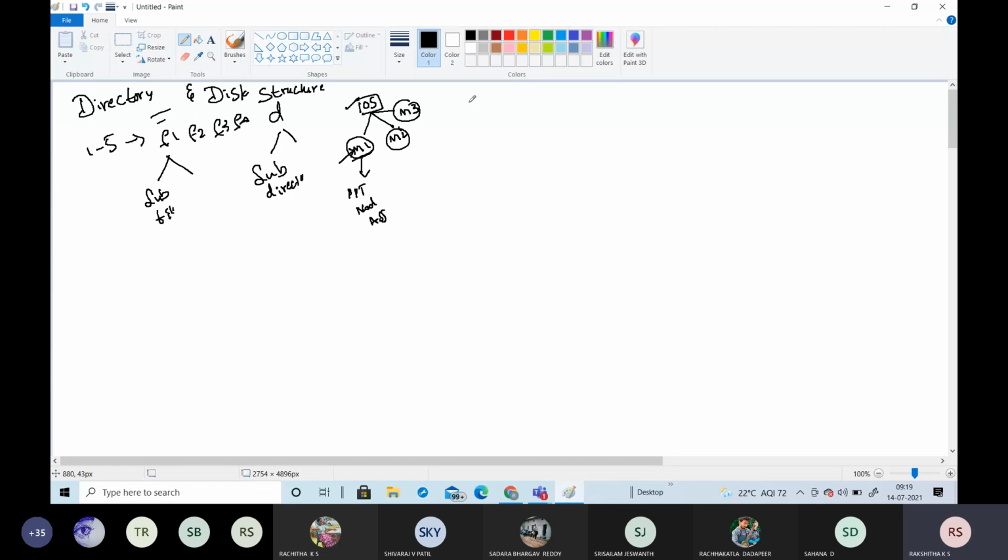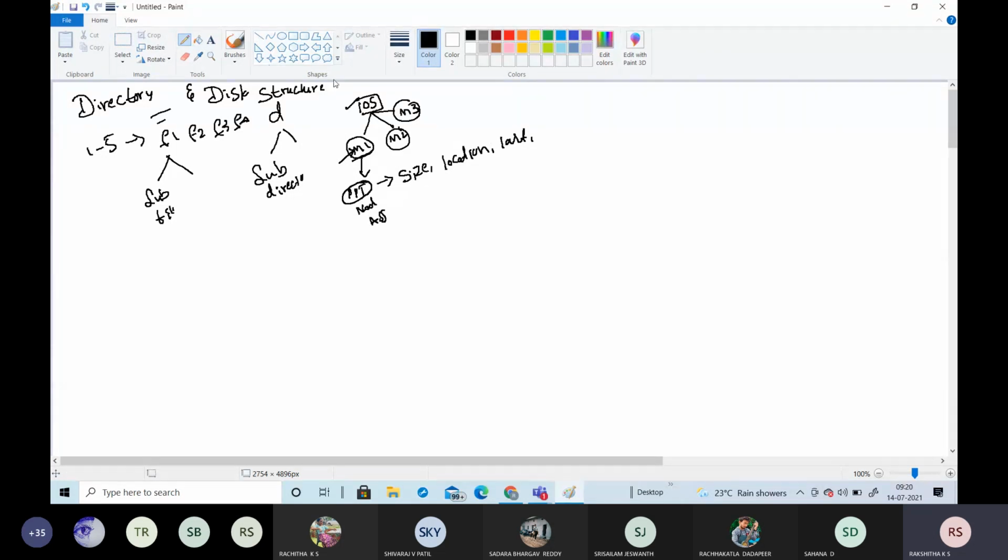So this directory also contains files. For example, if I take this module 1 ppt, it has its own size, and also its own location where it has been stored in your system, and it has the last modification time and who created this file. Okay, so these are some of the attribute information present along with the directory.